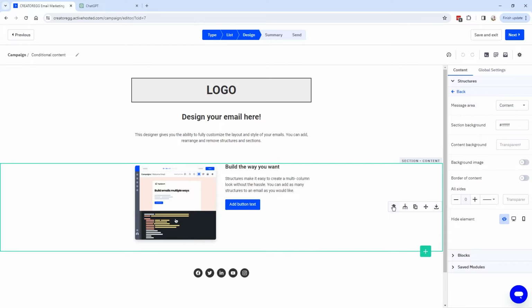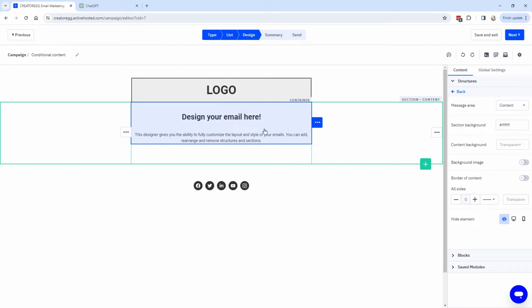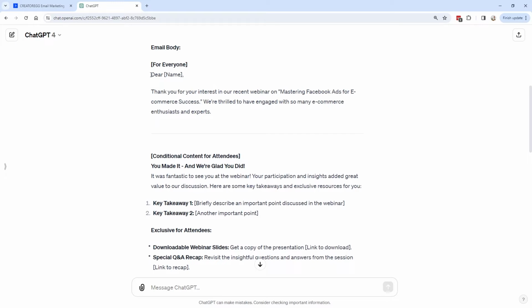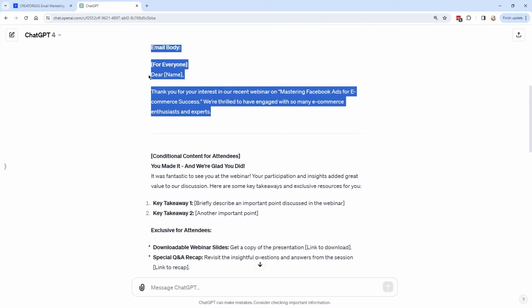And then I'm going to select the bin icon and delete this text section here as well. I'm going to click on the bin icon here. And then I'm going to go to blocks and add this text element inside the newsletter builder. And I'm going to go to ChatGPT and copy paste what it says over here